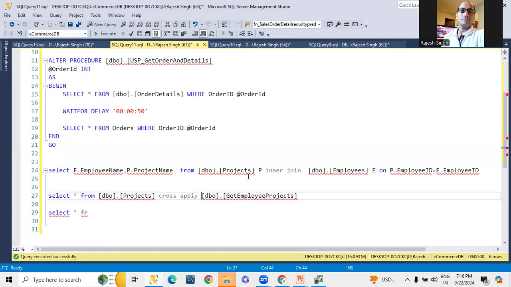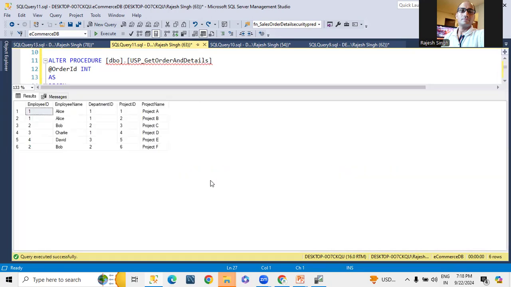Okay, and I'm passing it here with the E alias, E dot employee ID. Let me select all. Oh, what happened? Sorry. If you execute, you can see the same information you are getting here.